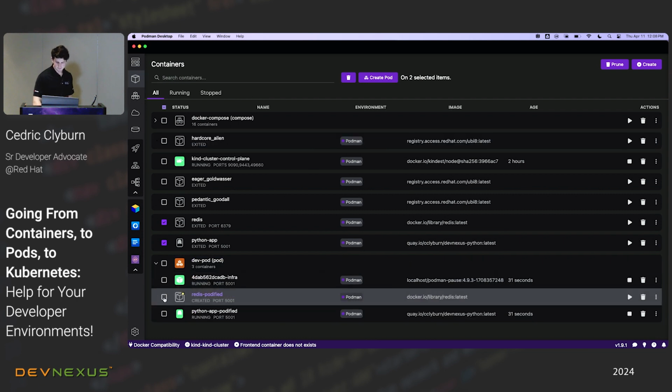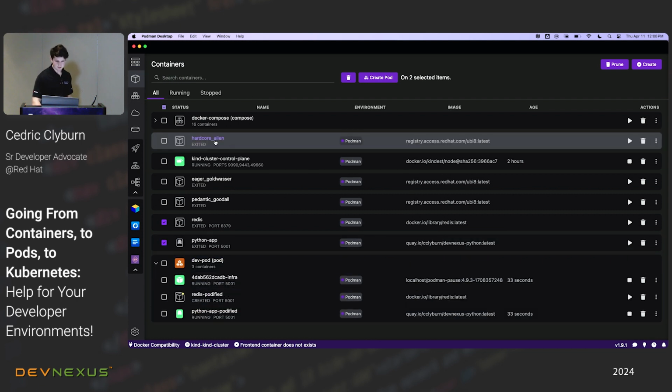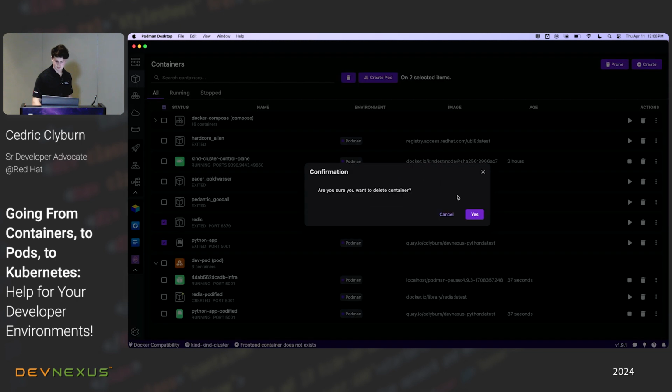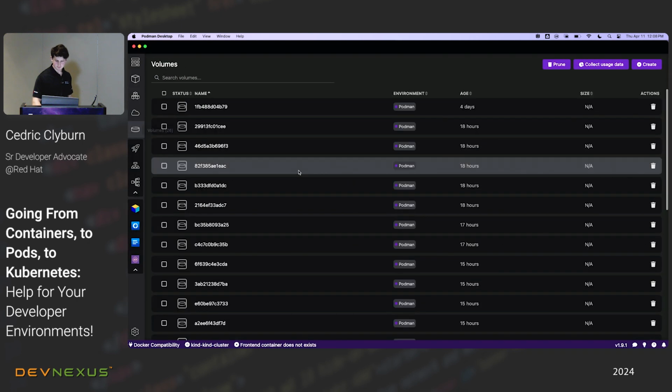Maybe you need to delete the previous mount that it has or the previous Redis. Yeah, I think that's the issue. Let me see if deleting Redis itself would do that. Well,